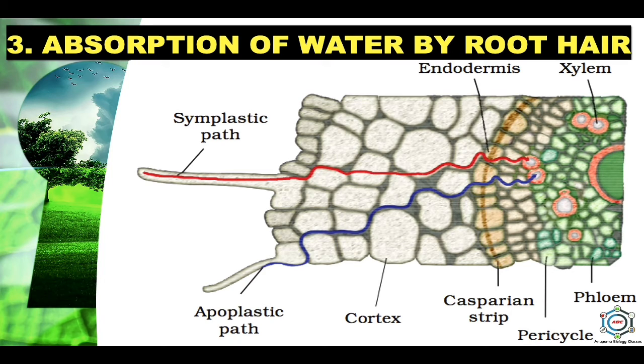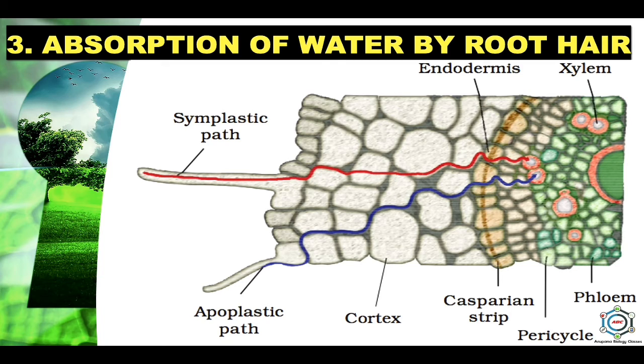As we discussed, water mainly enters the root hair cell by the process of diffusion. Water molecules cross the cellulose cell wall by simple diffusion down the concentration gradient and then come in contact with the selectively permeable plasma membrane. The water molecules enter the cell by passing through the plasma membrane by diffusion along a gradient of decreasing water potential or increasing solute potential.